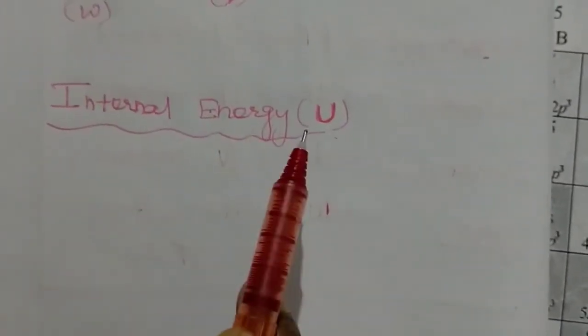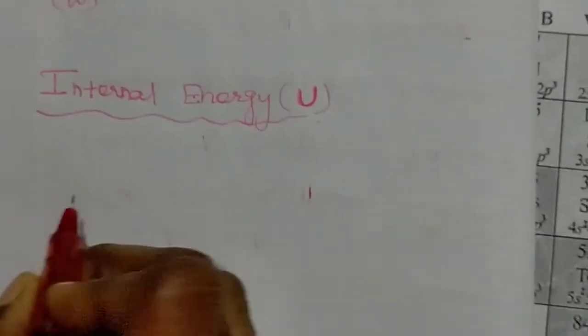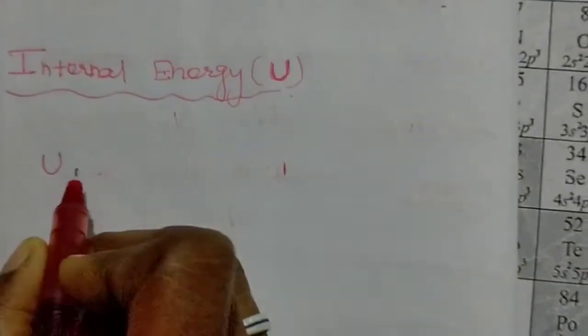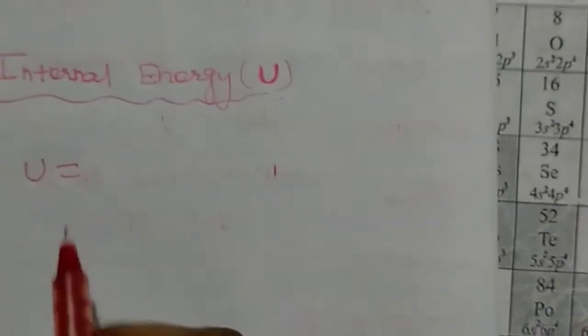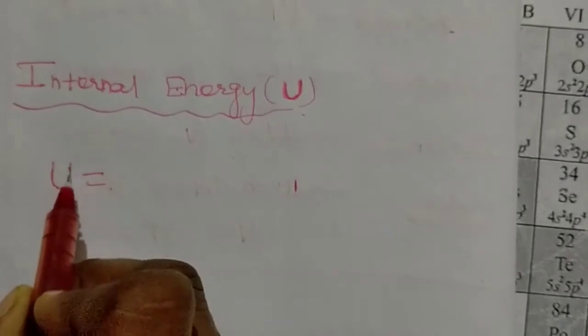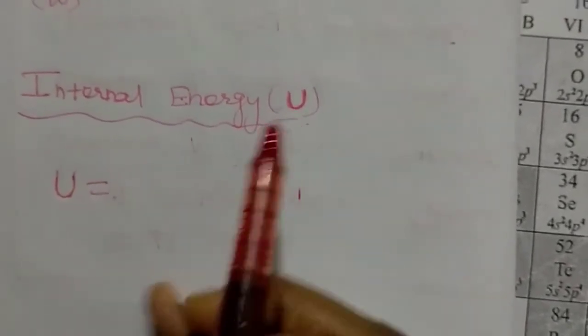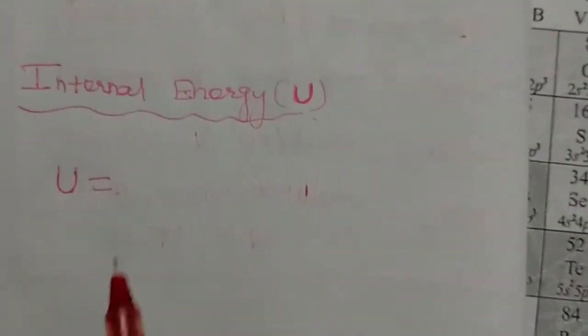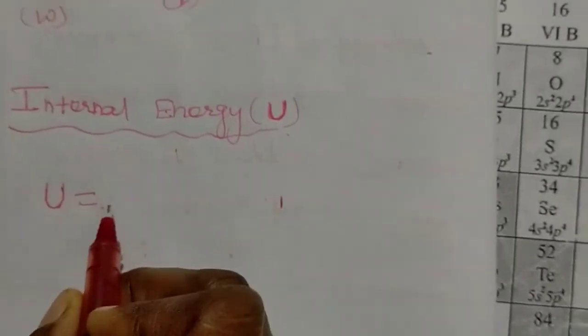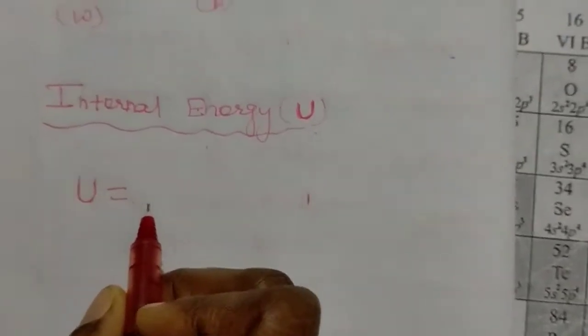The total of the internal energy of all the ions, molecules, and constituents of the system is equal to the internal energy of the total system. So we write the internal energy of a system, U, where U denotes internal energy, capital U, is equal to the